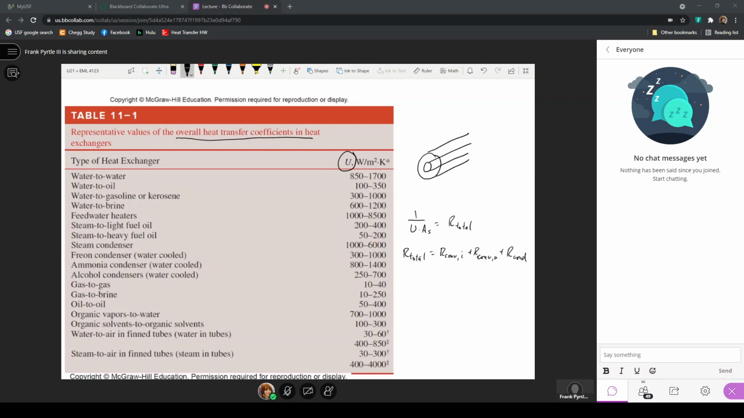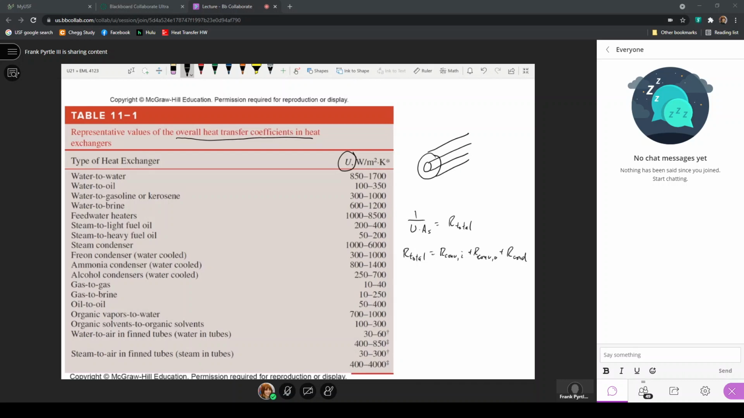You could add two more conduction resistances if there's oxidation that occurs on the inside of the pipe and on the outside of the pipe. And that's very typical, particularly if you're using water as the hot and the cold fluid. But these are just typical values that you might find, but these values of the overall heat transfer coefficient